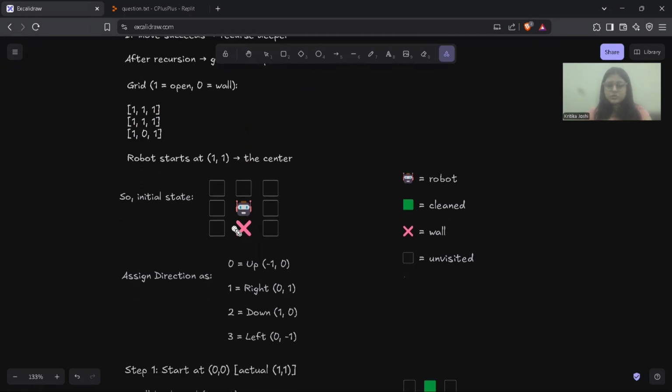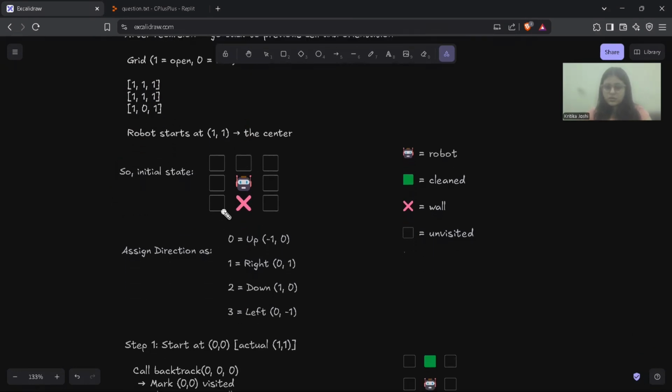I've also drawn this so that we can understand it better together. So this is the place of the robot. This is the coordinate where we have a wall, and the rest are the empty cells which we are required to